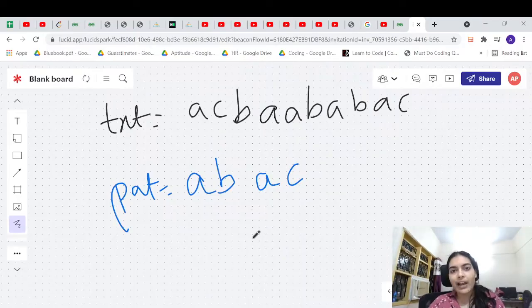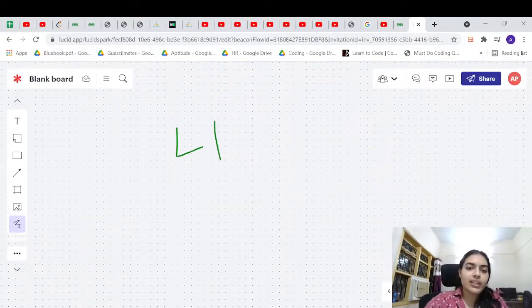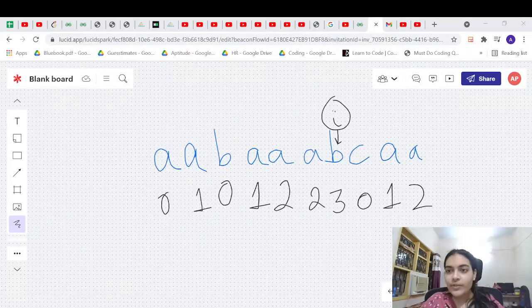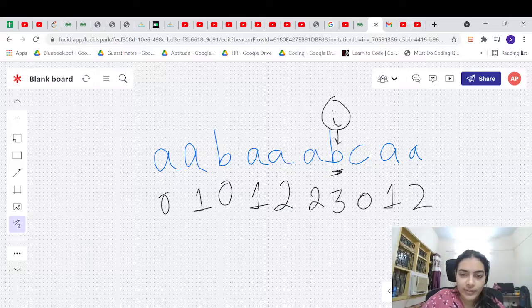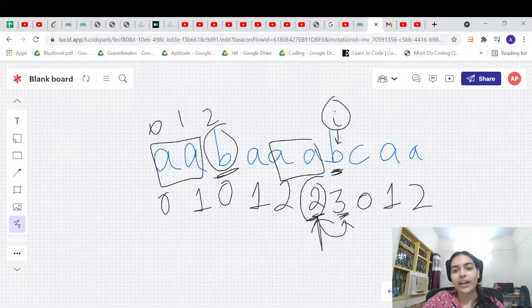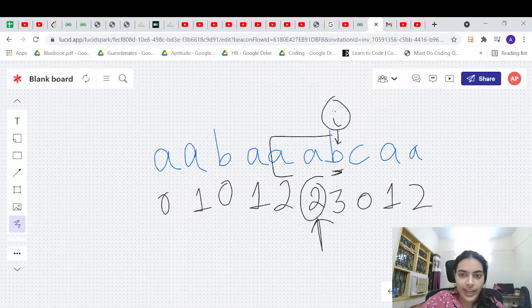To understand the KMP algorithm, there is one prerequisite. You need to understand one concept, which is called the longest prefix that is also a suffix. When we saw this particular example, whenever i was equal to this index, we were trying to match B. So what we did, we went to the previous index 2 and tried to match the character at index number 2, which is B, and B was matching with B. So we just incremented 2 plus 1 and made this 3, because two characters were already matching and you just found one more matching character. That meant three characters have started matching, so A, B have started matching with A, B. That's why the answer for this is 3.